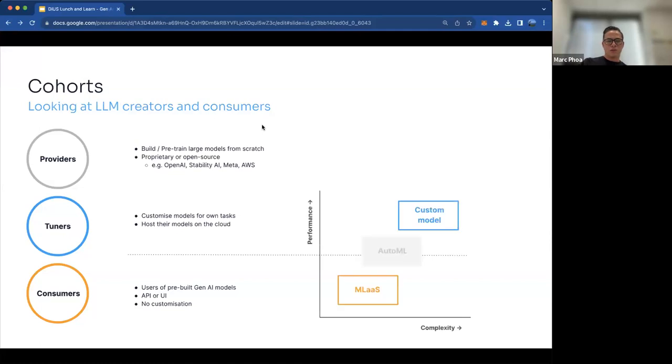Now, I also wanted to quickly align this to a diagram that many of you would have seen in the past when we've spoken about traditional predictive AI. Now, consumers, again, are typically users of services, so ML as a service. Examples are Amazon Rekognition, Comprehend. There's a whole bunch of others from other cloud providers as well. They're really easy to use, but might not give you the performance that you need if your data or problem is unique. And then you've got tuners, which are equivalent to those who are building custom predictive models,